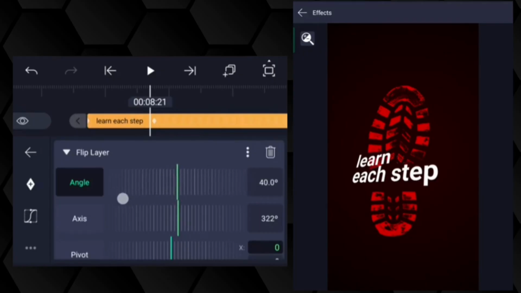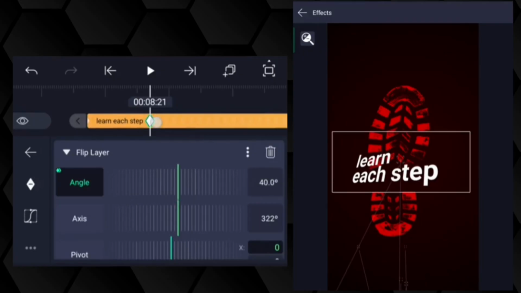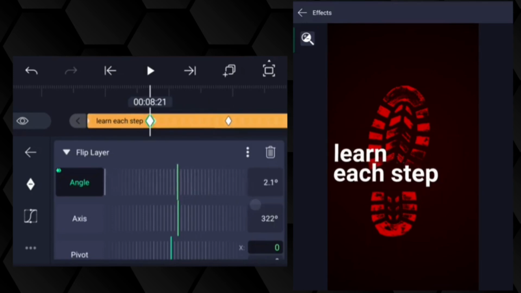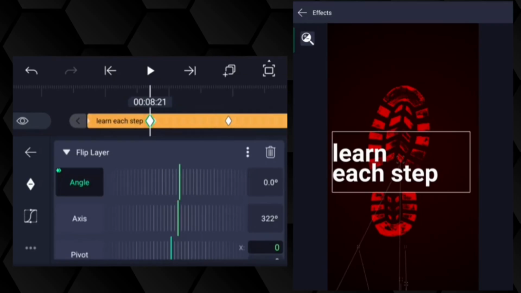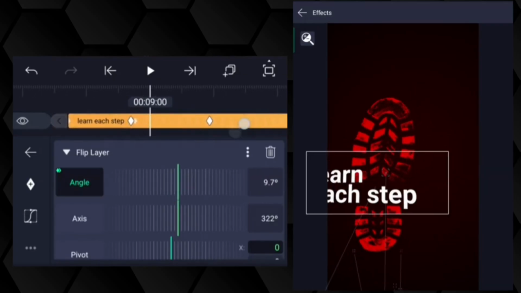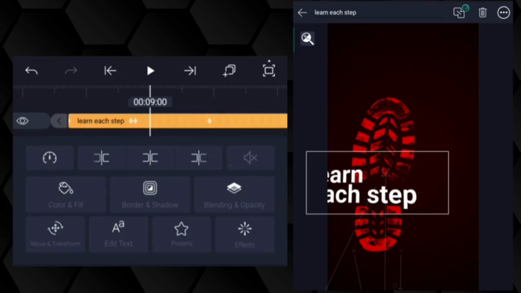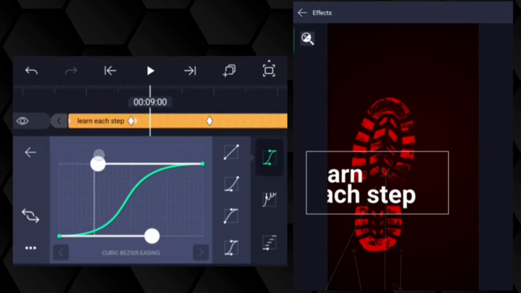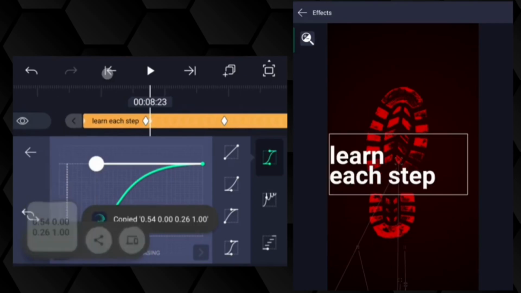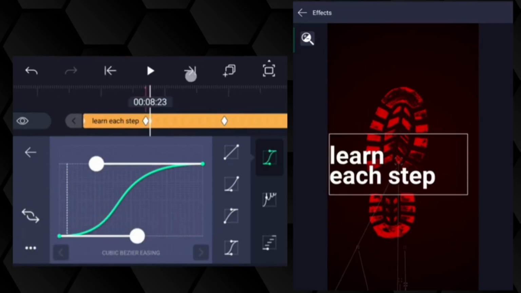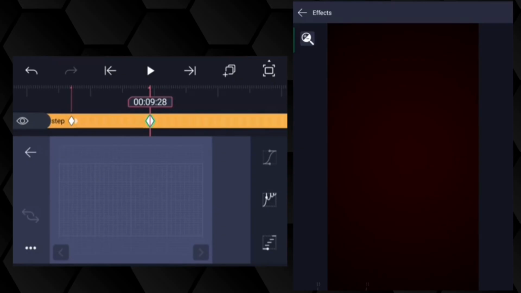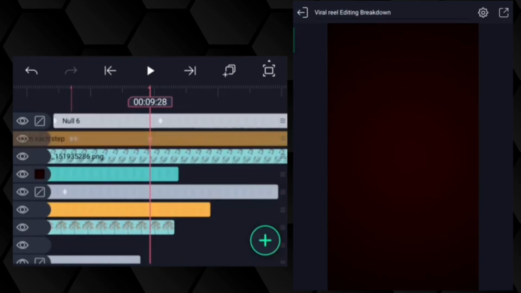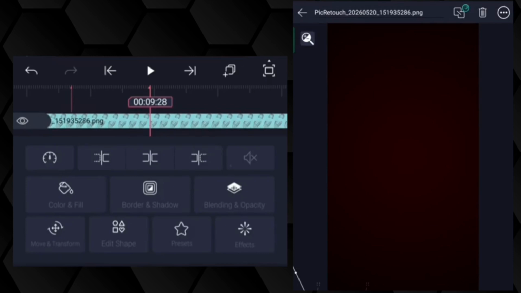Make the angle 40 degrees. And make the curve. Copy the curve. Set marks on the timeline and again